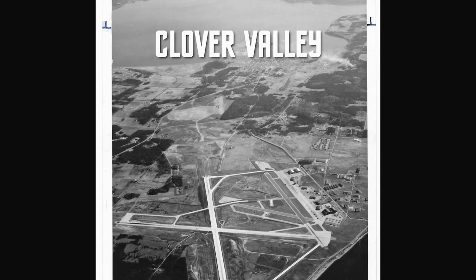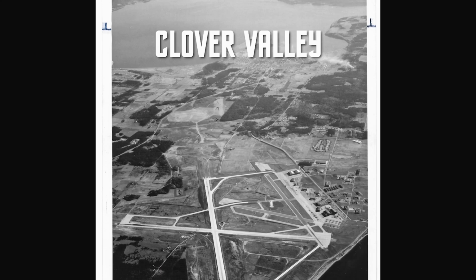It was a very rural area, and there were mostly farms there, so the government was looking at that. At the time there were hostilities going on with the Japanese, not outright war, but the survey for Alt Field actually happened on December 8th, the day after the attack at Pearl Harbor. So the Navy bought out all the land from about 20 farmers, about 4,000 acres,